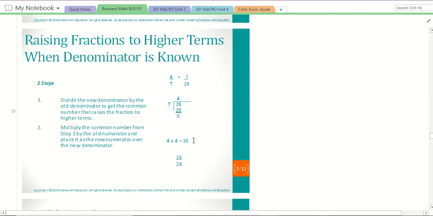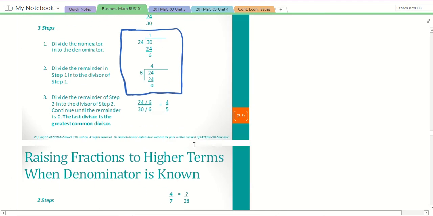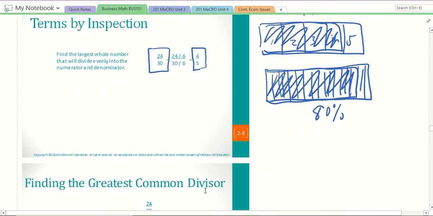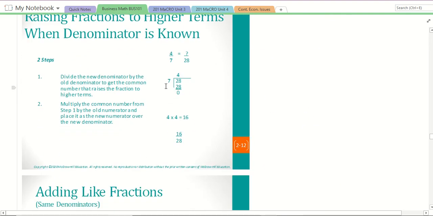Raising fractions. This is also important, and you need to know how to do this, especially when subtracting fractions. Right, in this last example we took 24/30ths to 4/5, but sometimes you can't subtract a fraction from something at 4/5, so you have to raise it back up to something else. We want to take 4/5 and raise it to 24/30ths, or in this example over here, we're going to take